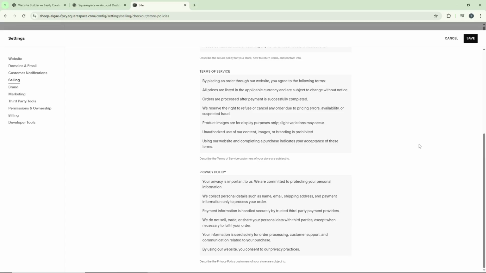Once you've completed filling in all three policy fields with your legal information, look for the Save button and click it. This will apply your changes and ensure that these policies are now visible to customers during the checkout process. And that's it. You've successfully added legal policies to your Squarespace store checkout page, making your online business more professional and legally